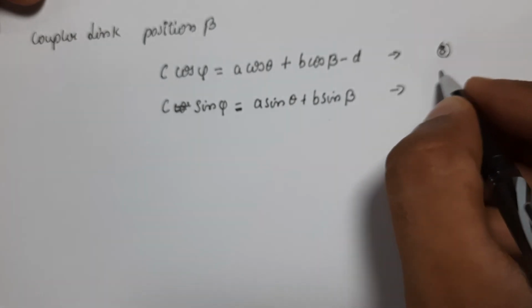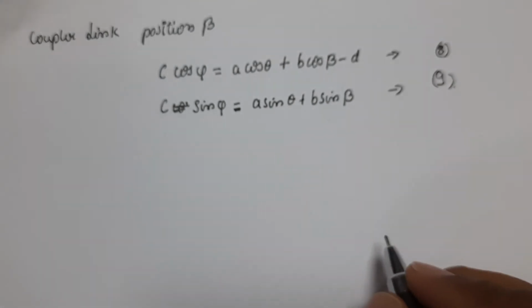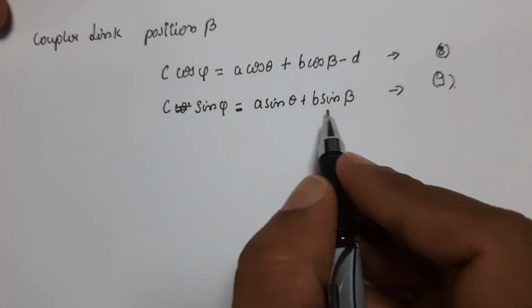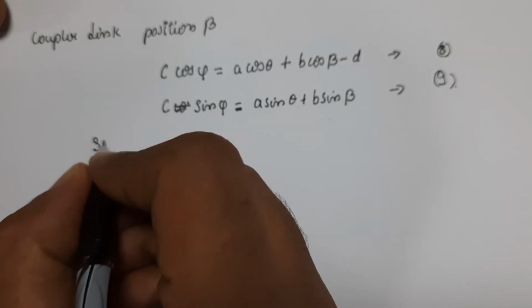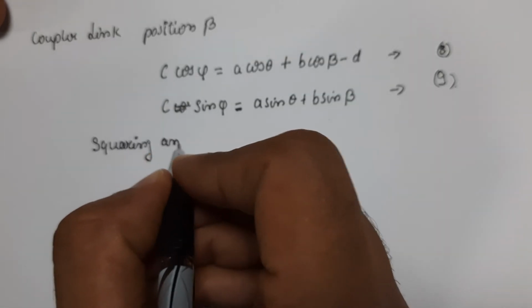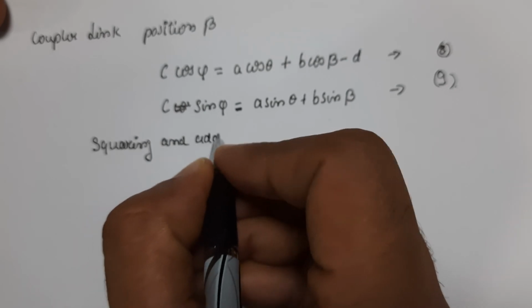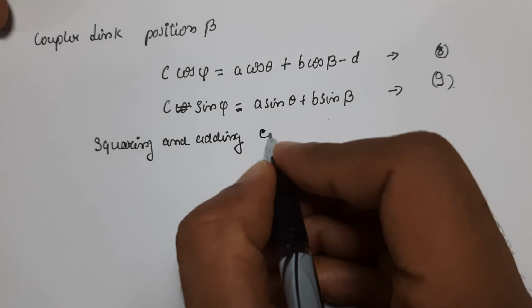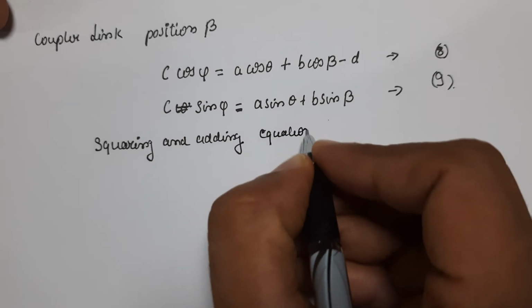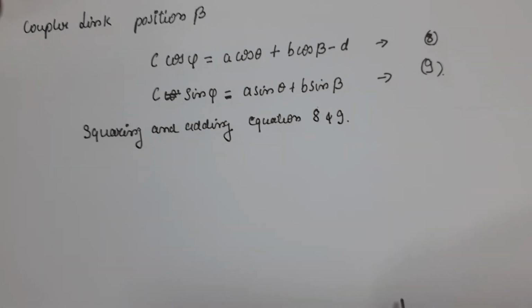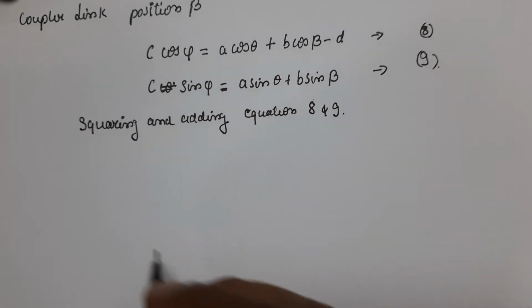So we will take this as equation number 9. Now squaring and adding these two equations, adding equations 8 and 9, what we get here is